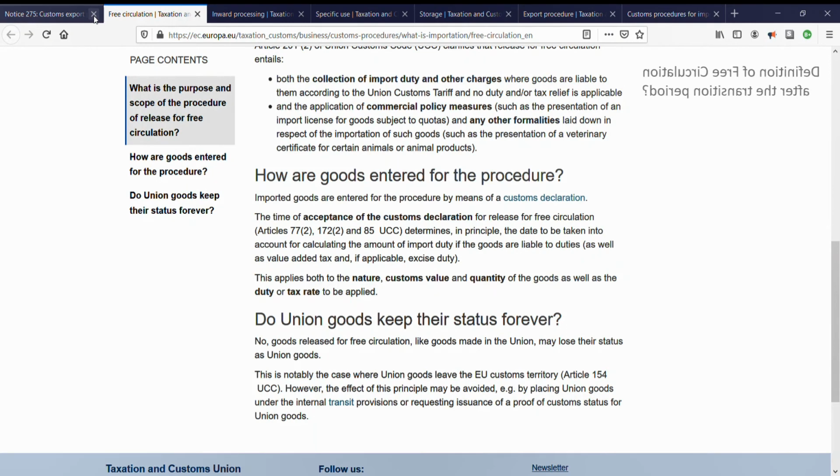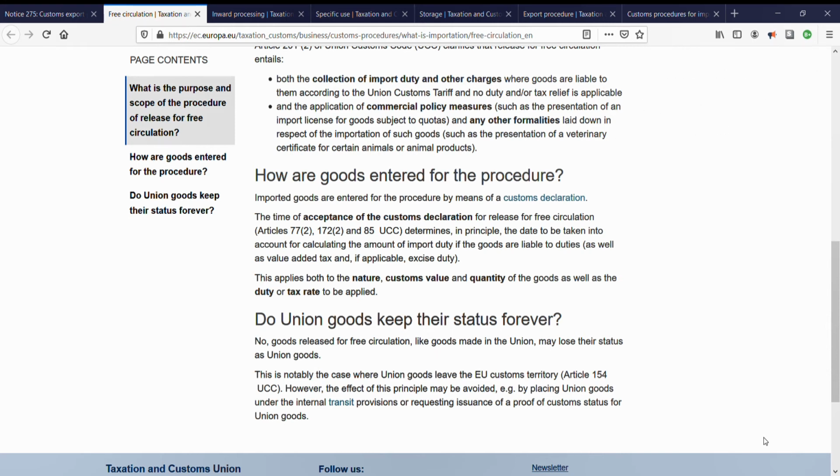So what will happen to the definition of free circulation after the Brexit transition period expires? There will be no change in the definition of free circulation for the EU. Other than, it will apply only to the remaining member states and participating countries of the European Customs Union. And like any other country, situated outside of the customs territory of the EU, the UK will become a third country if no related terms are agreed upon after the Brexit transition period. As such, the UK will face charges and measures when placing goods into free circulation within the EU customs territory, just like any other third country.